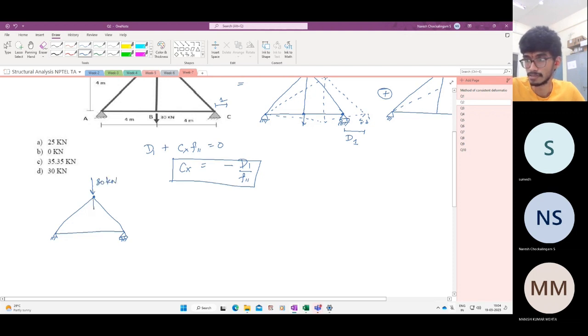This is vertical. Here I'm applying 20 kilonewtons. So you know these two members are horizontal, which means if you take the joint B, there's only one vertical unknown force. So this will be subjected to a tension of 20 kilonewtons. And if you go to point D, there are two